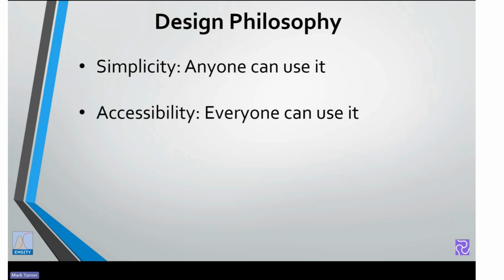The second thing is about accessibility. So not only does it need to be simple, it needs to be open and accessible to as many people within the project team as possible. At the end of the day, risk managers should not be taking responsibility for individual risks. They should be in the control of the people who have got the knowledge, the experience and the understanding to be able to manage them directly. And that means everybody should have access to the tool.